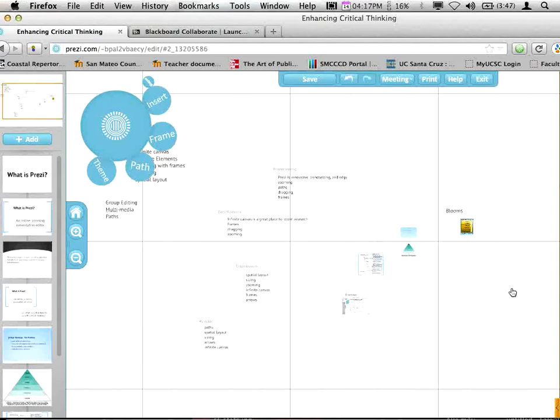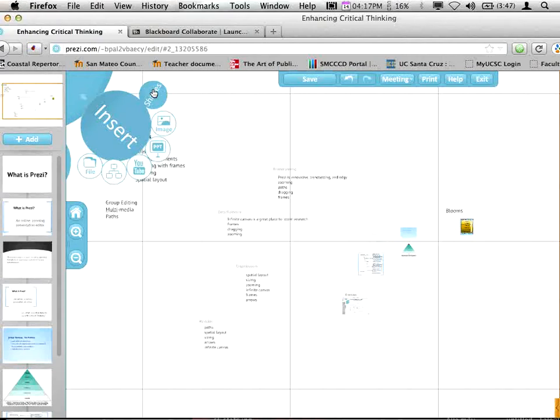And then the other thing that you can do is you can search for images, and it will only show you images that are available to be used. It doesn't show you anything that has a copyright on it or it should not be used by you. So there's no copyrighted content. So your students can look through those images, and it's almost like having a little Creative Commons database embedded right into Prezi. Yeah. Some of them are not great, but some of them are. Okay, so especially stock stuff.